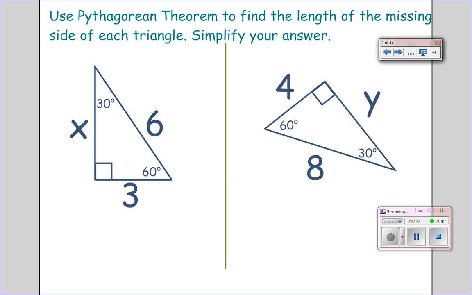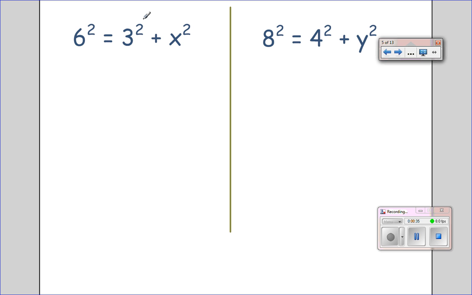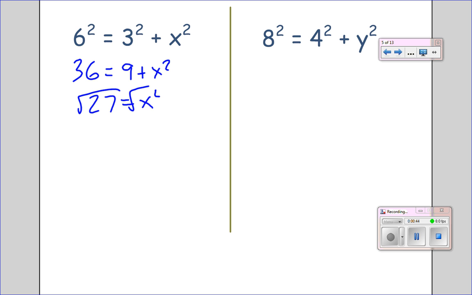Alright, so you should have tried it, and you should have gotten 6 squared equals 3 squared plus x squared. So that's 36 equals 9 plus x squared. Subtract the 9, and then take the square root from both sides. Square root of 27 breaks down to 9 and 3. 9's got a pair in it, so we pull out a 3, and we're left with a 3 inside for